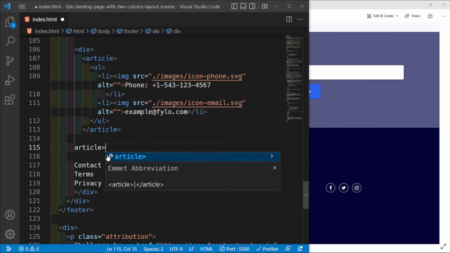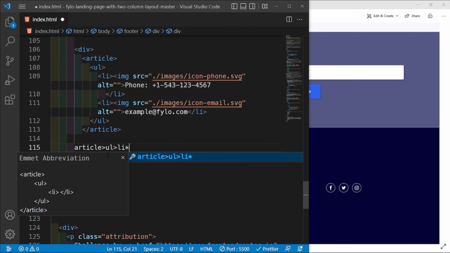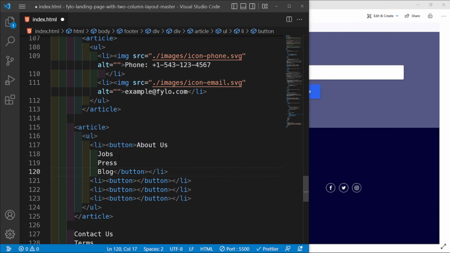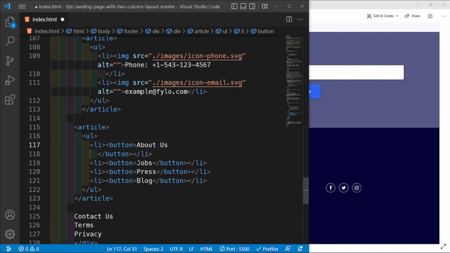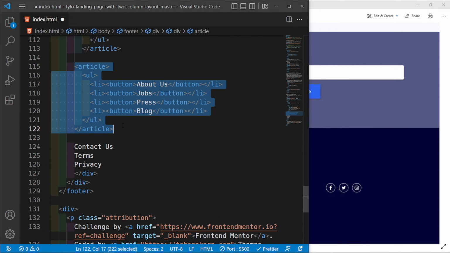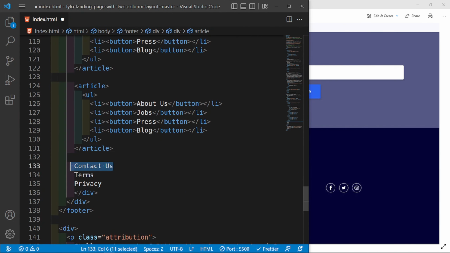So article with a ul, which is going to have 4 list items, and because the links are not going to be linking anywhere, I'm going to place them inside buttons, and the links are going to be saying this. So about us, then jobs, paste it here, then press, paste it here, then blog, paste it here, and let's just remove this extra space. Let me see. Okay, and then we're going to do something similar for the next article. So just copy this down and then change this text here to contact us, then terms and privacy,